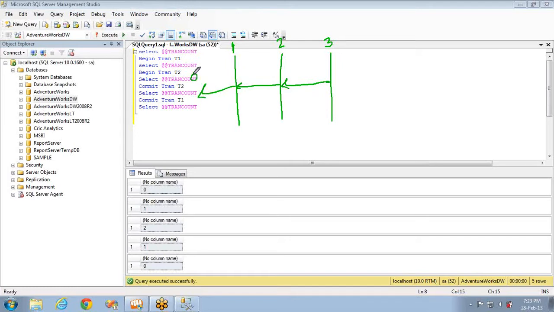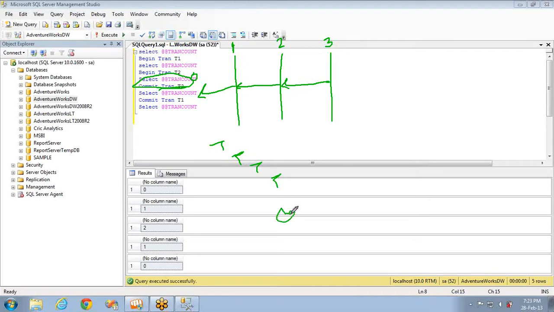So always remember, the innermost transaction will be committed first. What is the innermost transaction here? The transaction 3. This will be committed first, and then the next outer one, and then the next outer one. Let's say I have T1 inside T2, inside T3, inside T4.